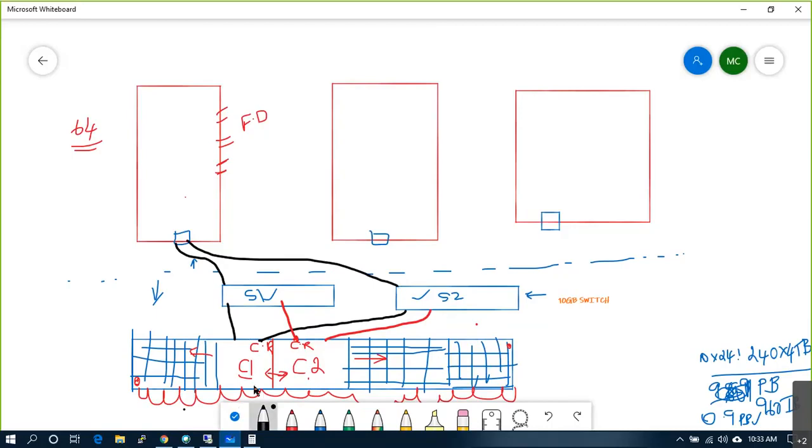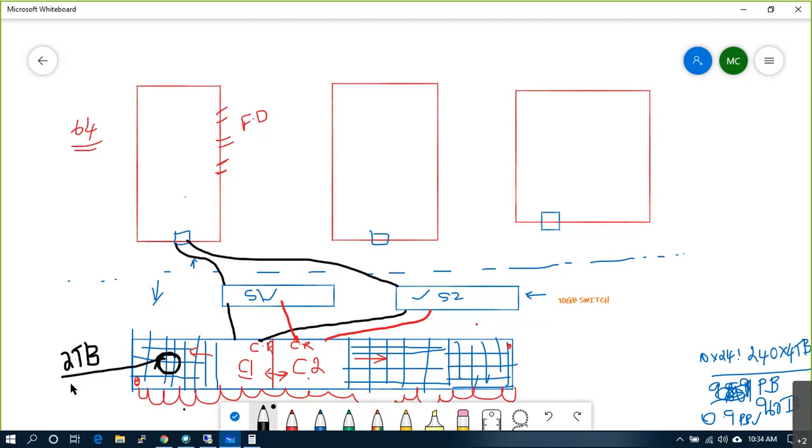What happened? From controller 1, I have created one 2 TB storage block. In SAN, remember, we talk in the terminology called block.